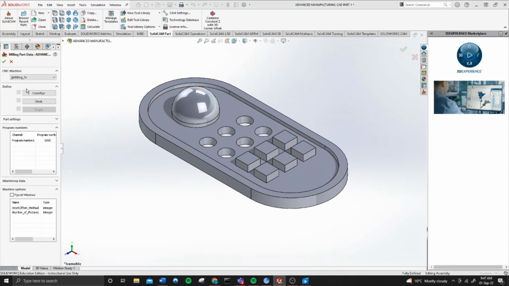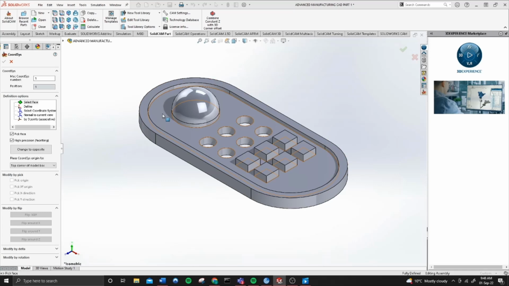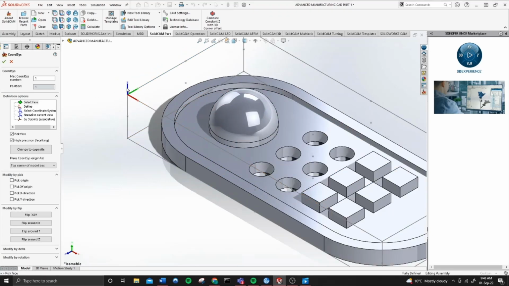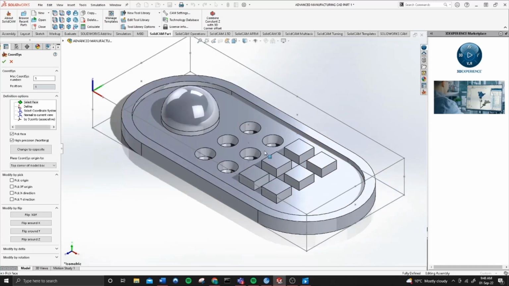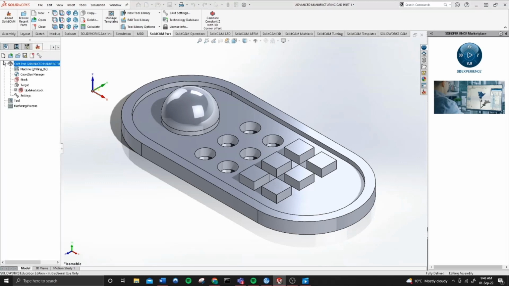And what we can do now is establish our coordinate system as well as our stock size for the part. So for the coordinate system, what we'll do is we'll select on the part that we want. And then as you can see up the top here, we have the Z-axis being our up and down, X-axis and Y-axis being the plane through the part, which is what we want. Cool, so we'll hit tick. Next, coordinate system data, that's all good. Hit next,